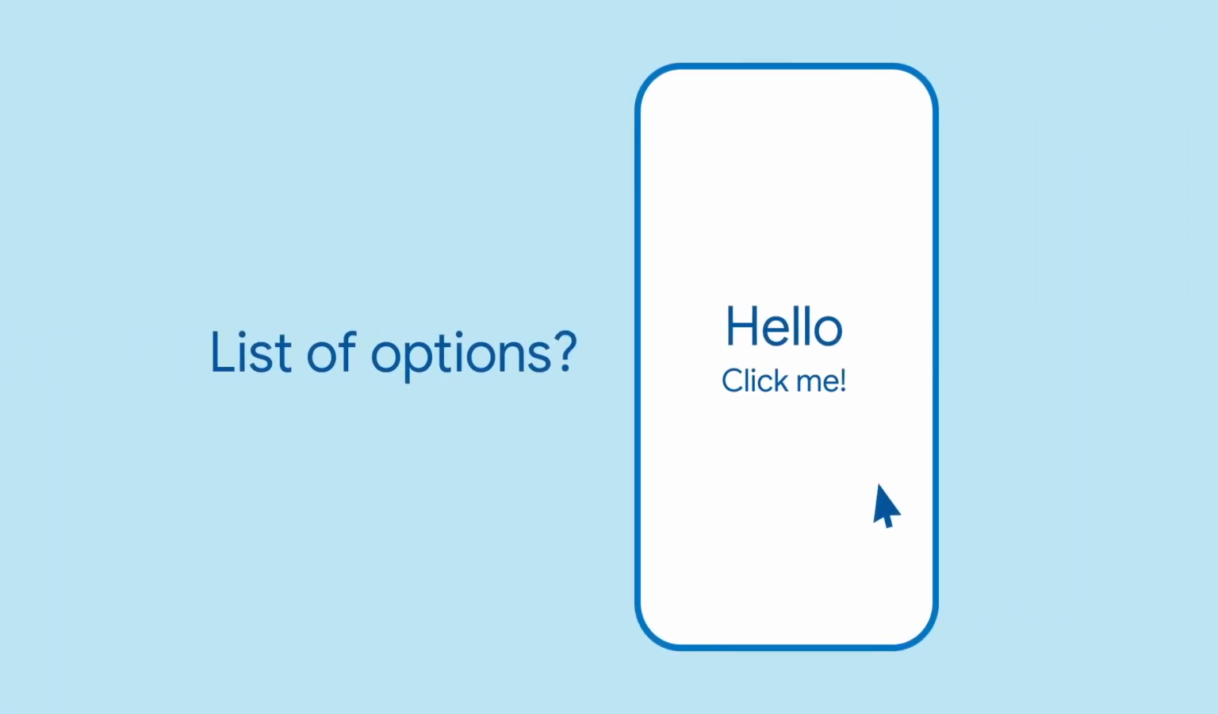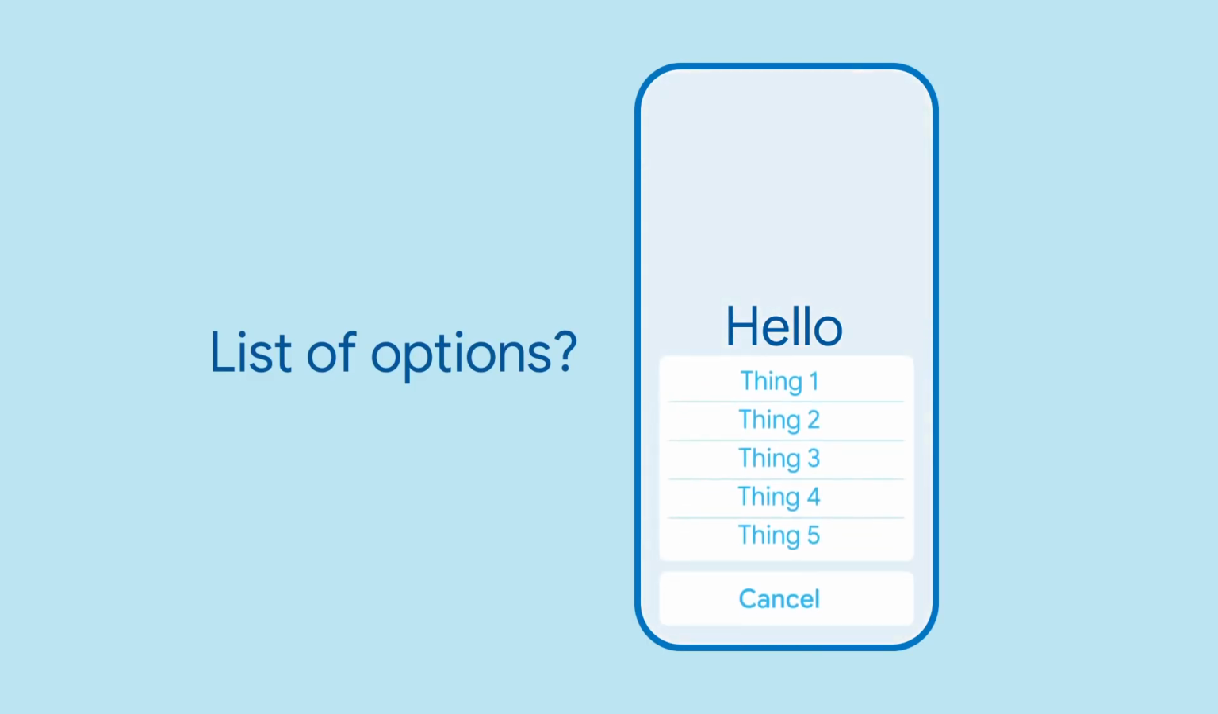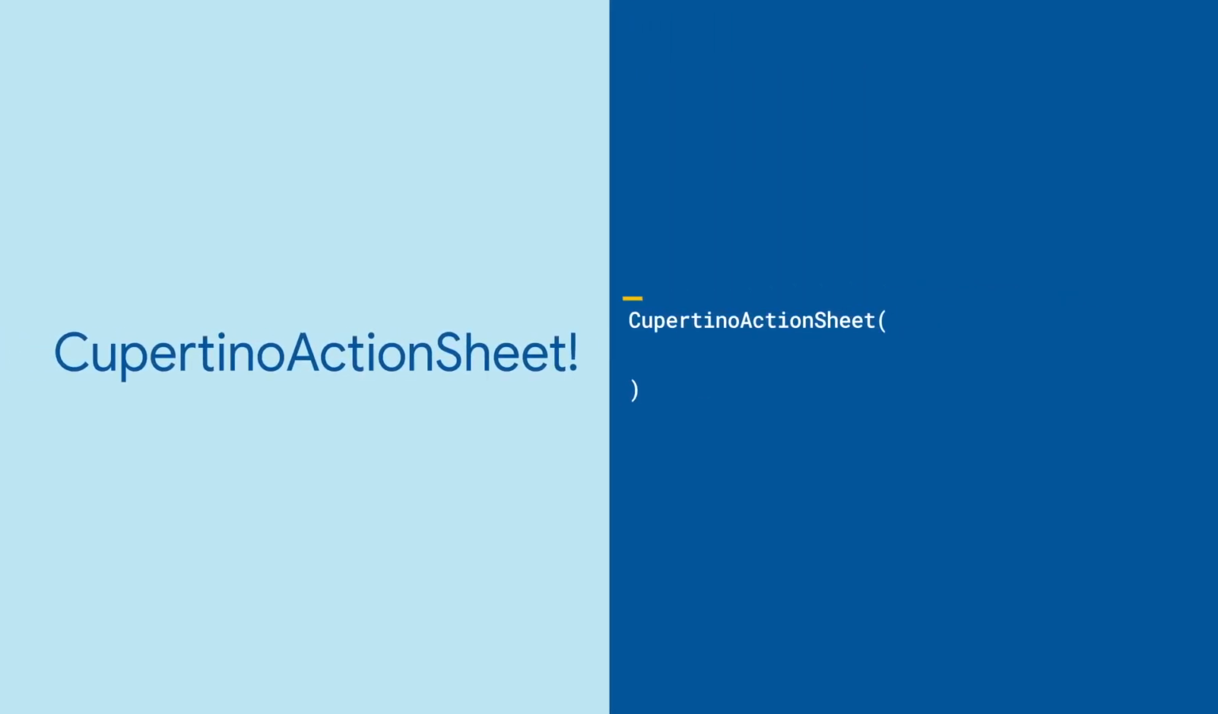Are you building an iOS-style app that needs to present the user with a list of options for what to do next? Enter CupertinoActionSheet. CupertinoActionSheet is an iOS-themed widget implementing the ActionSheet design spec, which has a list of actions that slides in from